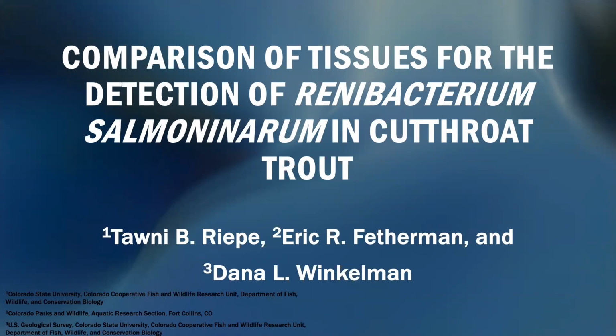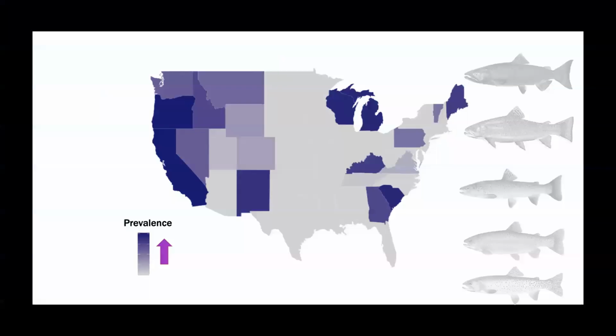Geological Survey. So bacterial kidney disease is a disease associated with salmonids across the nation and across the world, decimating fish and fisheries and aquaculture facilities. Due to these high mortalities among fish populations, bacterial kidney disease has been an important focal point for many years, and how to test for the pathogen leads to many of our research objectives. So Renibacterium salmoninarum is the bacteria that causes the bacterial kidney disease, which I'm going to call RSAL for short